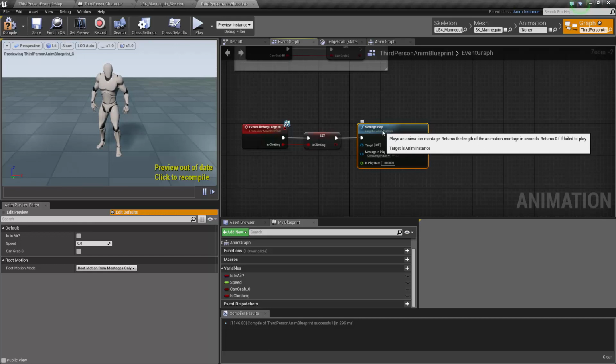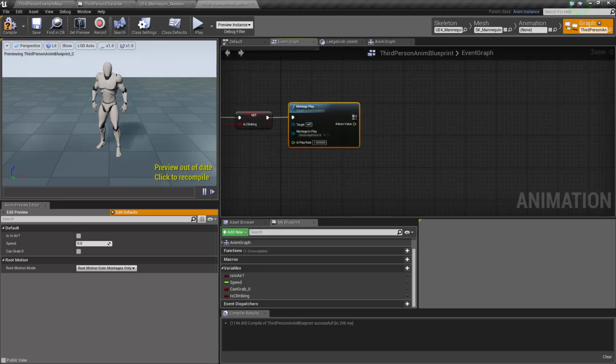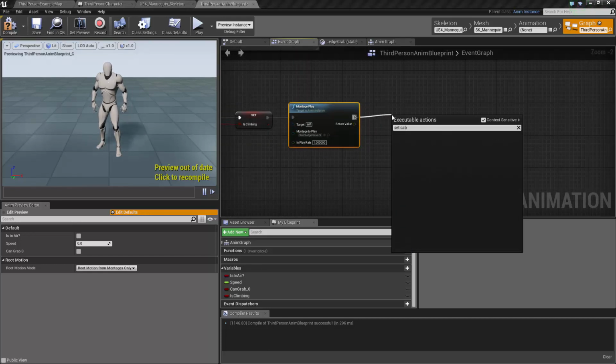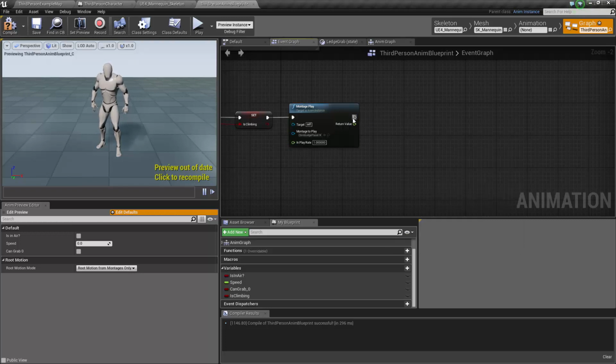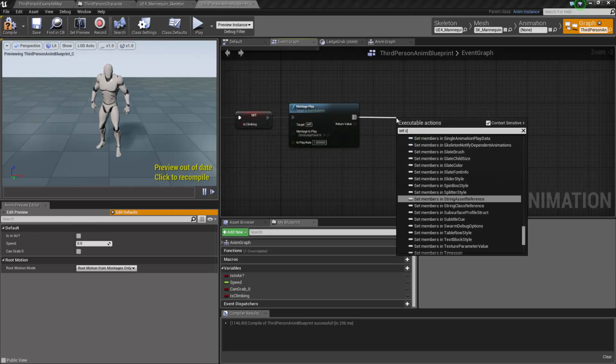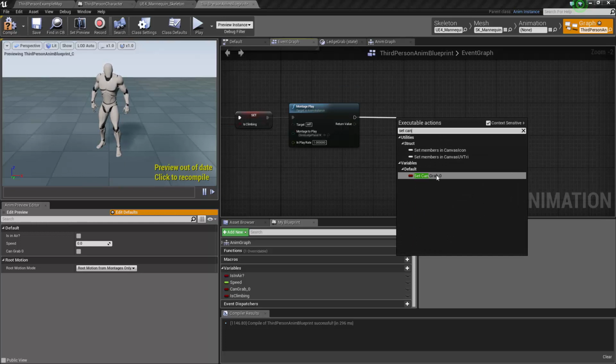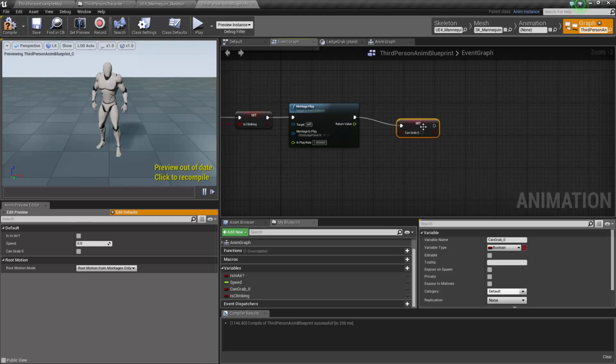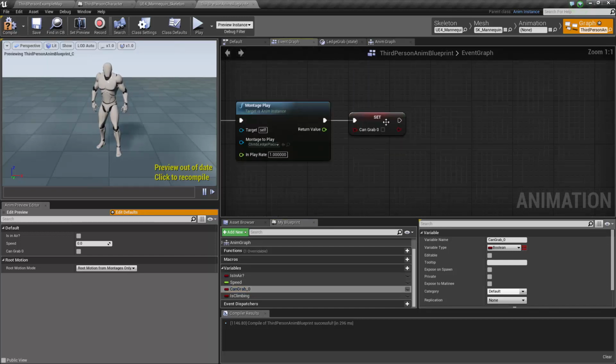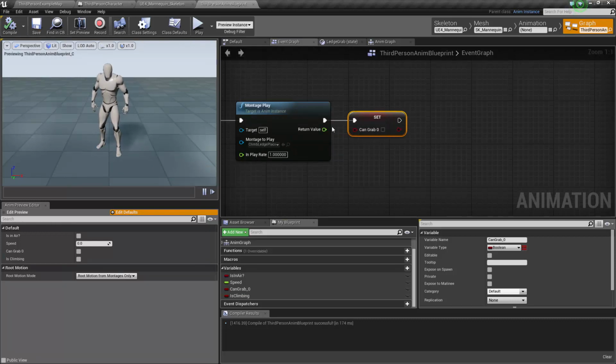and we'll select the climbing montage we created, okay, and set can grab. What is it with me and can grab? Maybe it's because they're so close to each other. You see, that's one of the things I just mentioned earlier, is that your variables start being renamed. So you can see the can grab is now underscore O. We can leave it like that for now. And I'm going to set that to false, and then